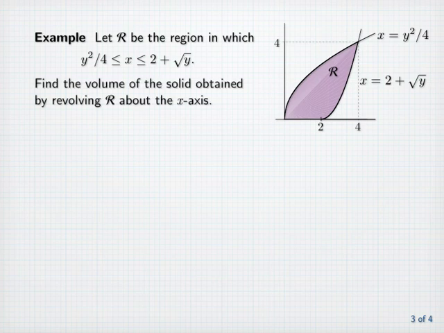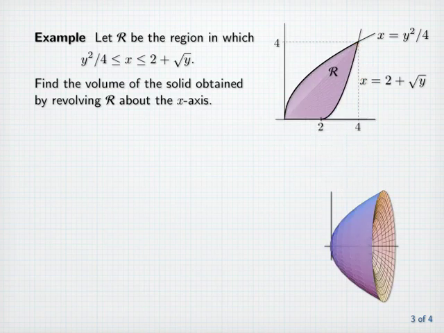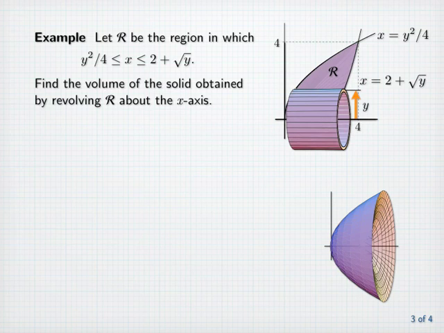Let's find the volume of the solid obtained by revolving R about the x-axis. Here's what the resulting solid looks like. Now let's think about taking a slice of the region parallel to the axis of revolution at height y and revolving that about the axis to form a typical cylindrical shell. Here the thickness of the shell will be dy, so we need to express the shell volume completely in terms